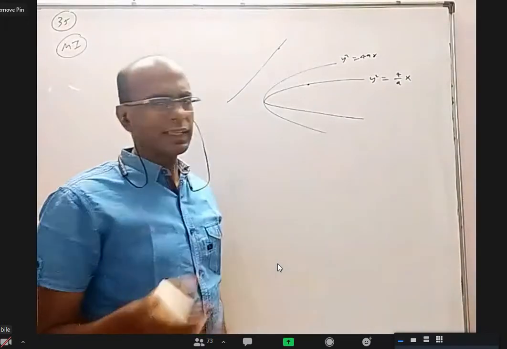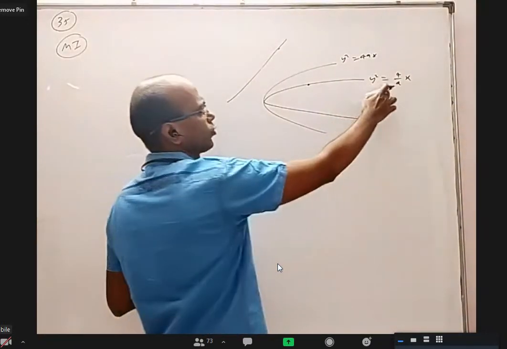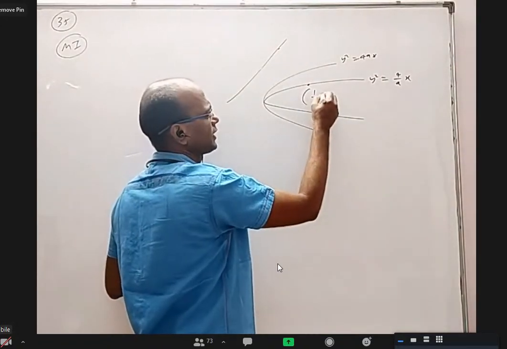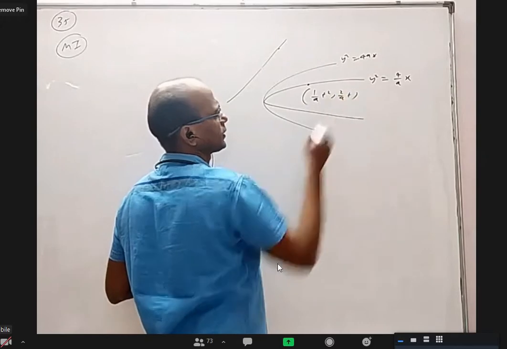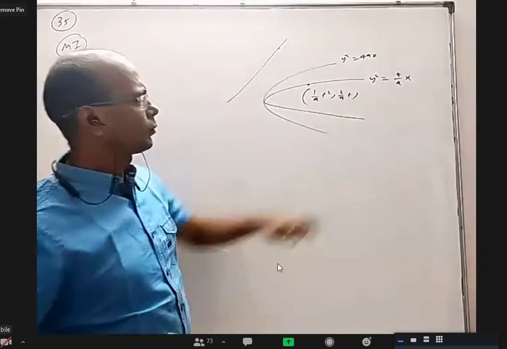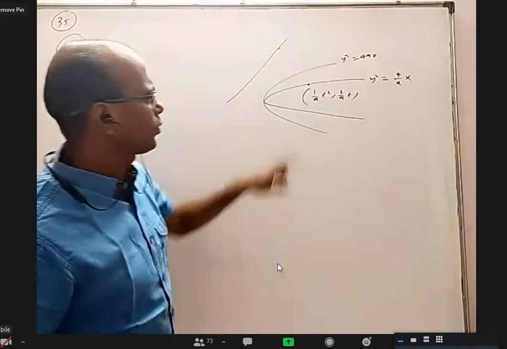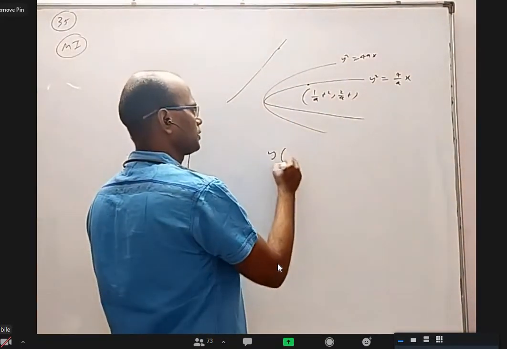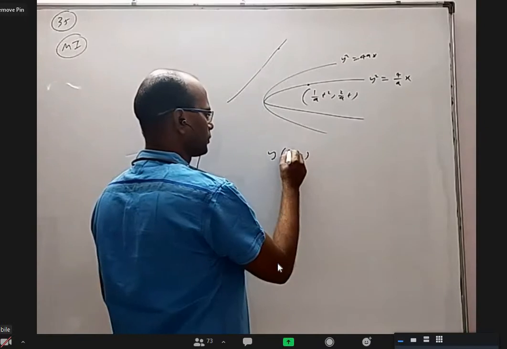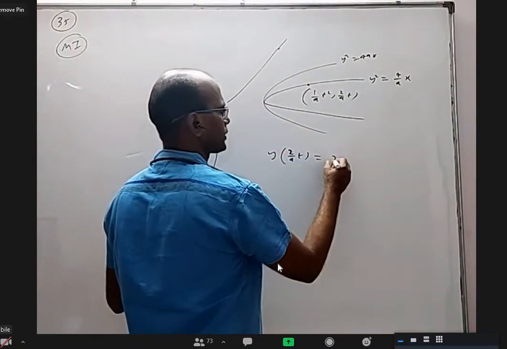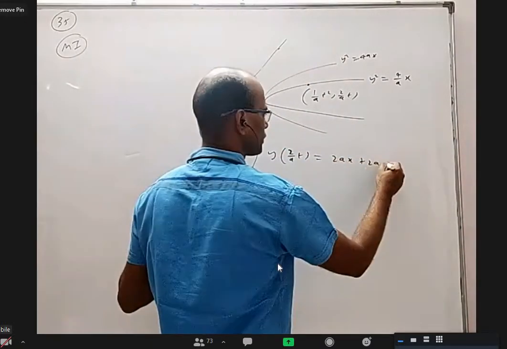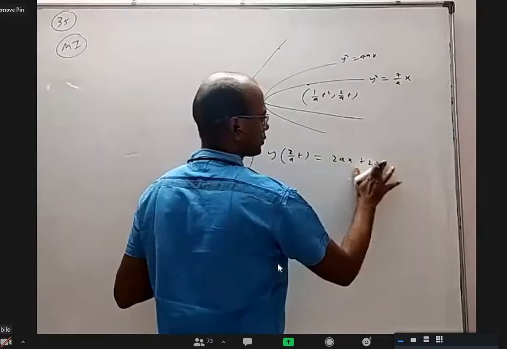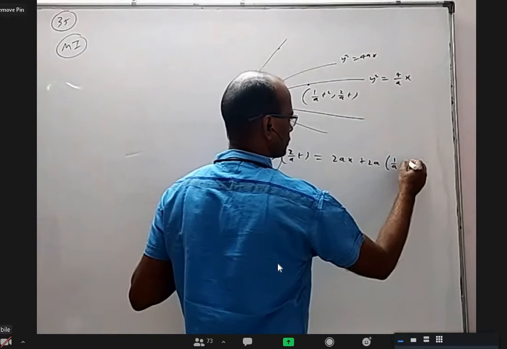The general point is at square comma 2at. Of course, here 4a is 4 by a, so instead of a, I shall have 1 by a here. That's all. So 1 by a t square comma 2 by a t. That is the general point on this, because a became 1 by a. What is the polar of this point with respect to this parabola? y into 2 by a t, 4ax I can write 2ax plus 2ax. In the place of x1, I have to substitute 1 by a t square.